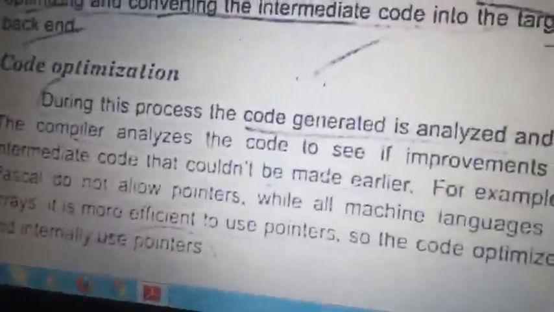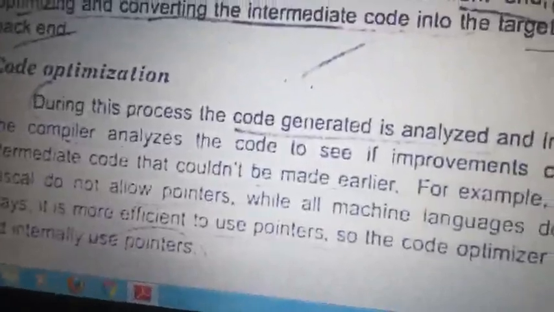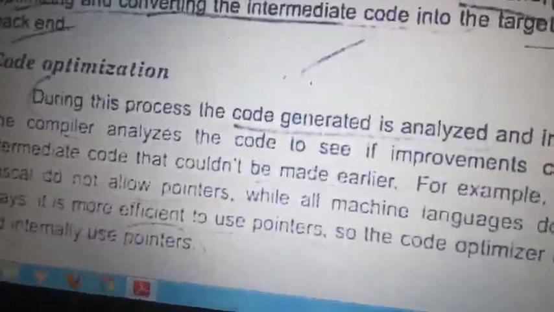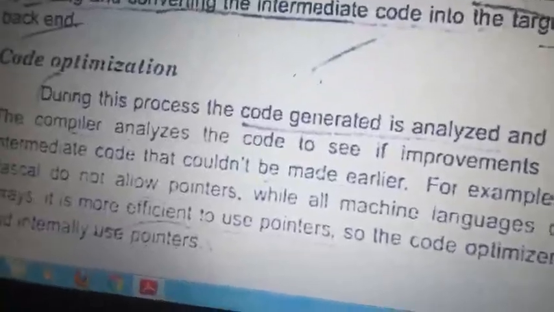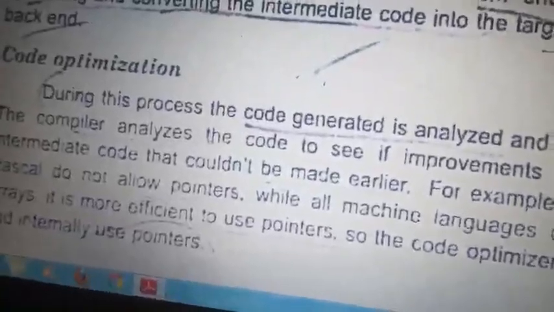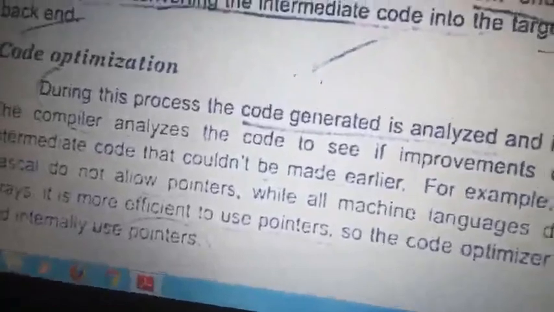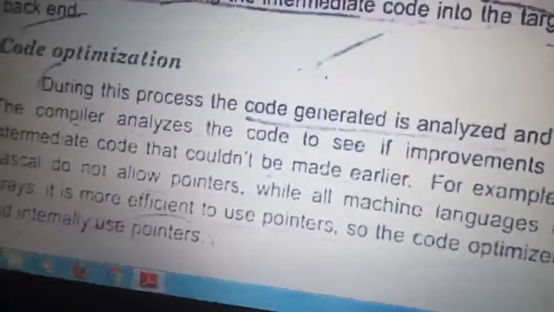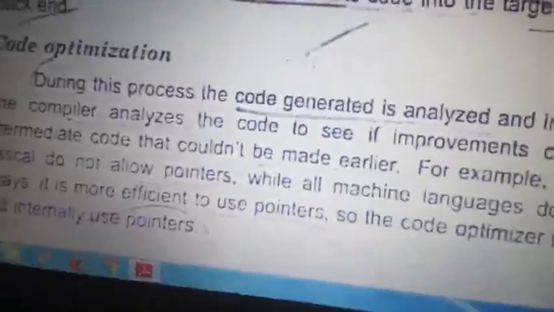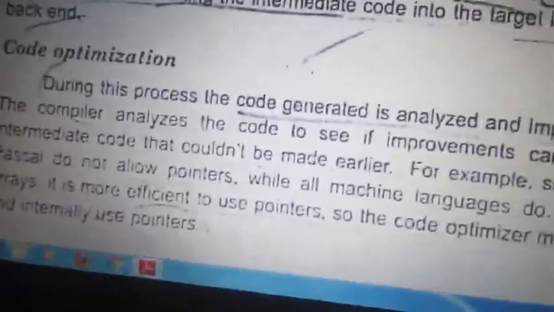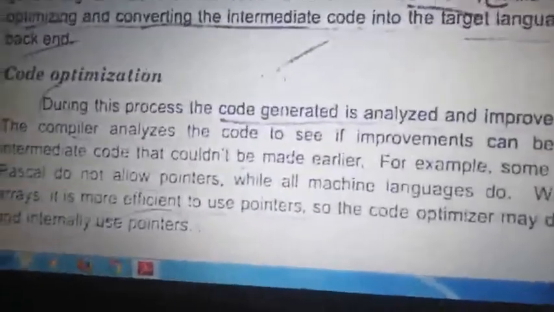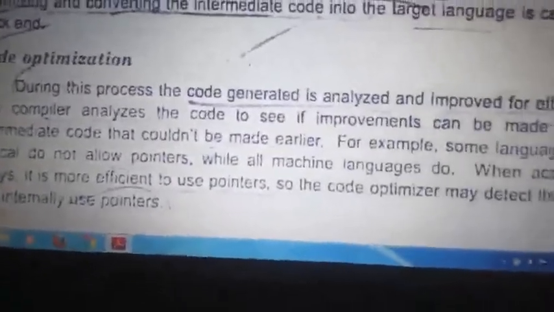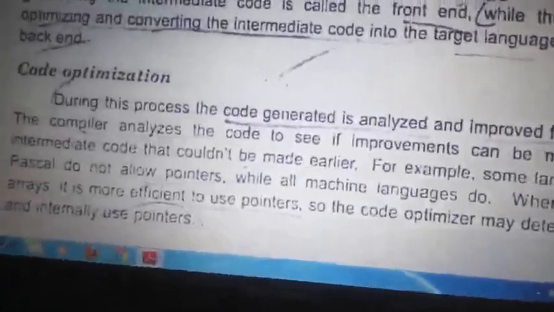If I want the 5th location of an array, I can use a pointer and call it a of 4, instead of going a plus 1, then a plus 2, a plus 3, a plus 4, like that. Instead of incrementing, I can directly point to a particular location. This is an optimization method. Clear? Using pointers is one of the best examples of increasing efficiency. It's called code optimization.